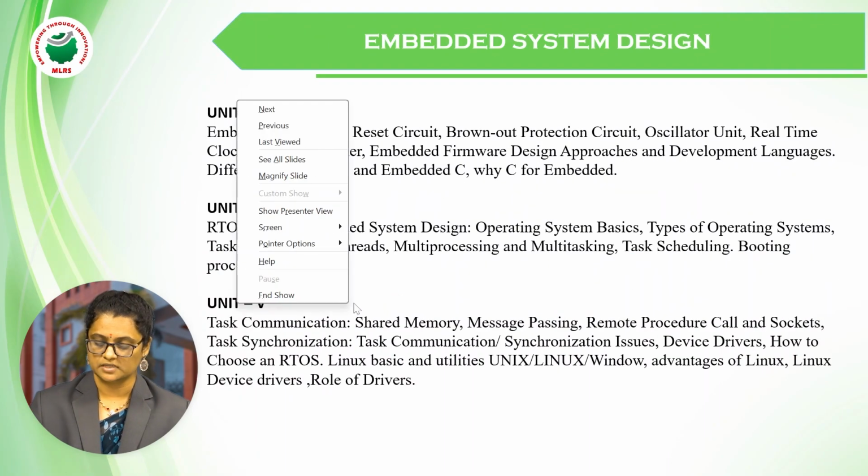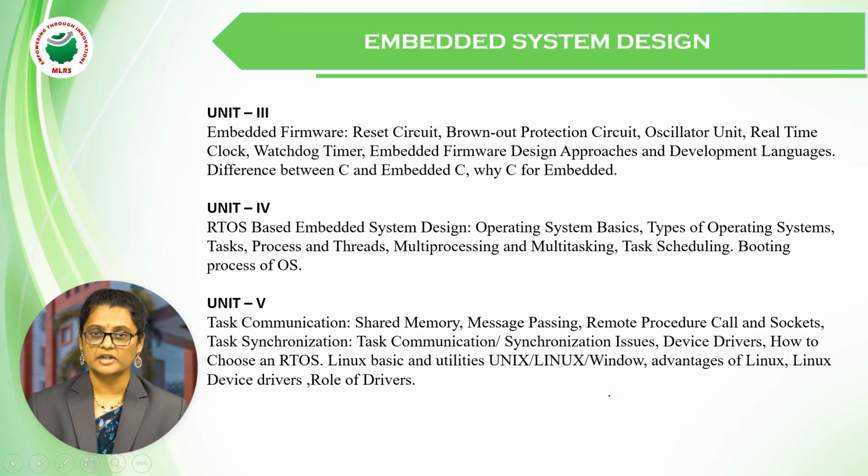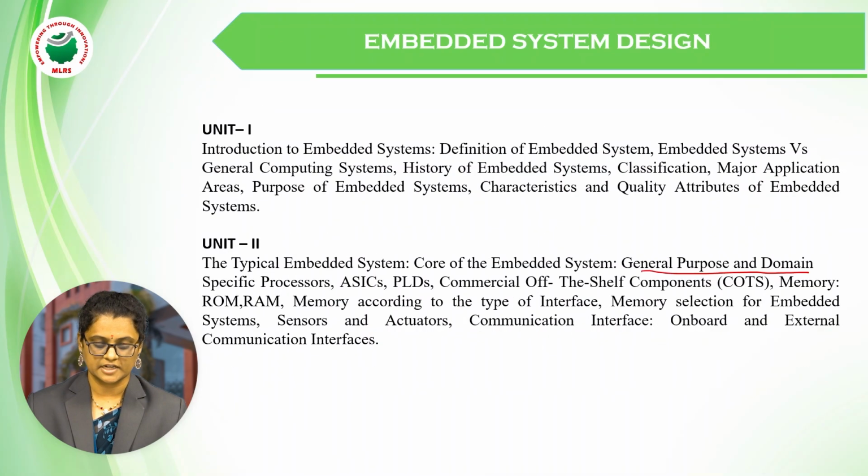ASIC is nothing but application specific integrated circuit, specially used for custom tasks. PLDs are used for logic design implementation, and COTS means commercial off-the-shelf components. By using these we can minimize the designing cost and